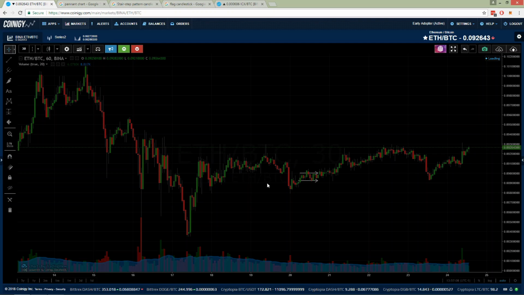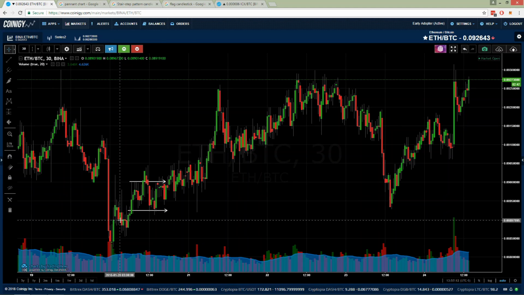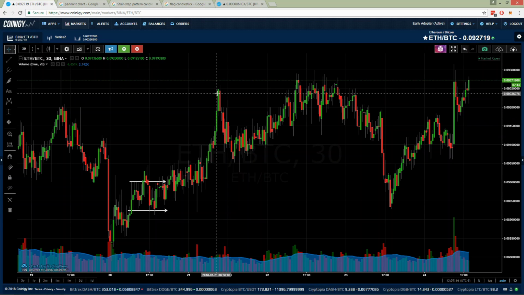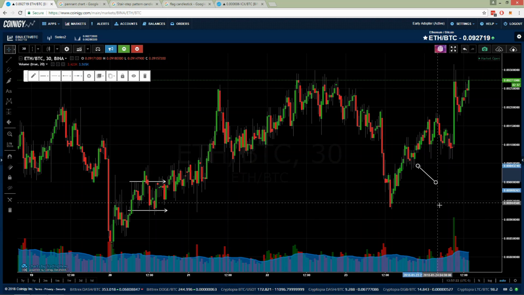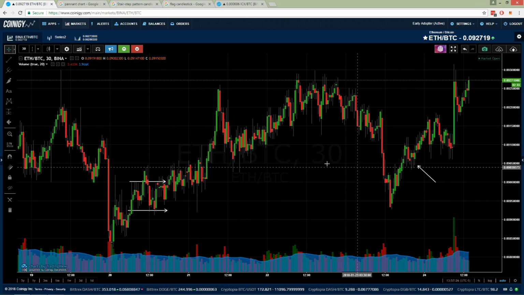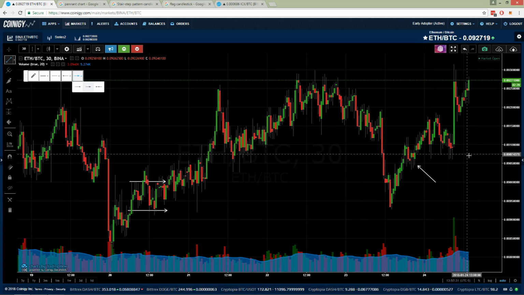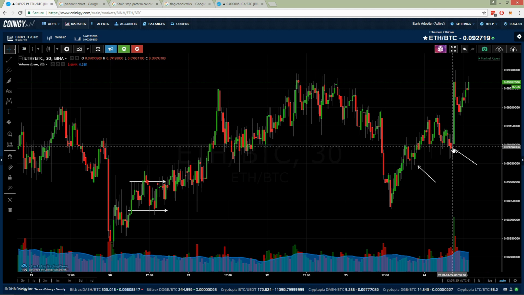So if you see a market that is moving sideways right after a bull run or an uptrend, it's a good indication that it's going to continue to rise. Same thing with a flag pattern. If you see this kind of a pattern, it's a good indication that the price is going to continue to rise. And again, if you see this kind of a pattern, if you see a spinning top